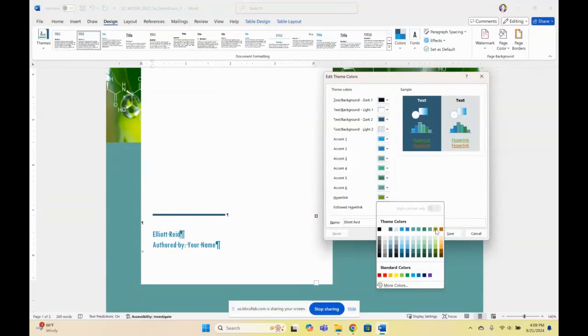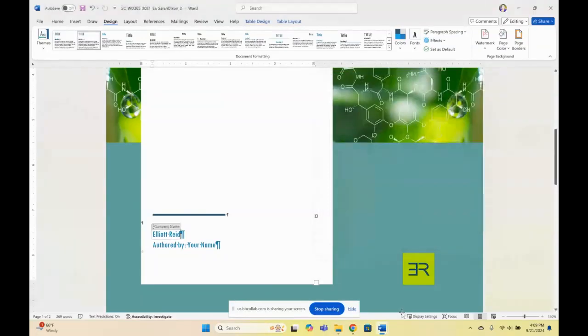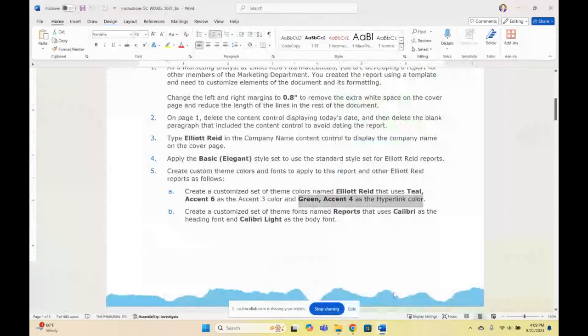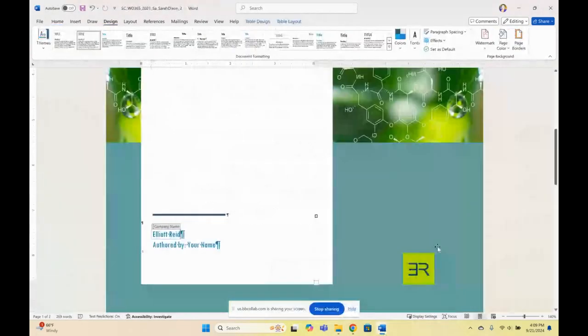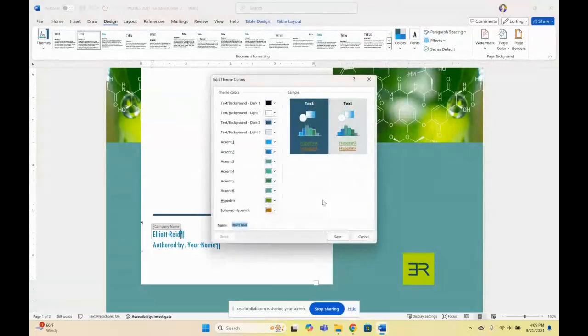So green, oh gosh, of course I forgot. Help me here, your teacher's having a brain gap. Green Accent 4, okay, goodness gracious. So right click, edit, and then for hyperlink,